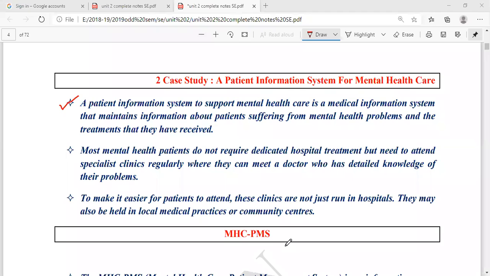Yes, so where I was, there is a patient information system, okay, and this system is going to maintain the records of the patients who are having mental sickness. So this is a software only for people who have a stress problem or mental stress problems, right? So those who are having mental sickness cannot go to normal